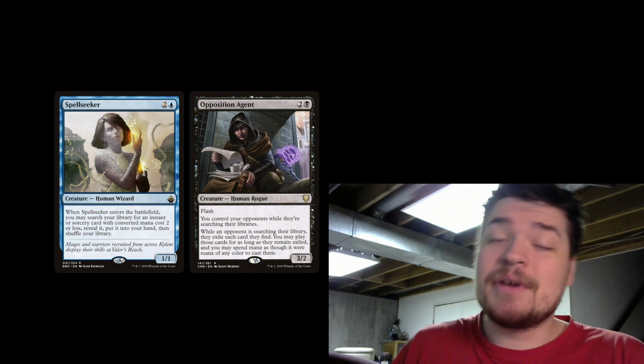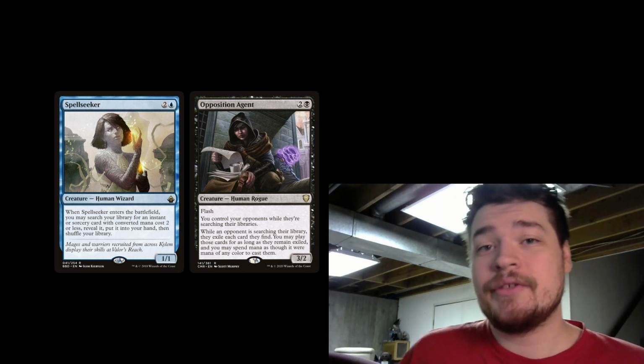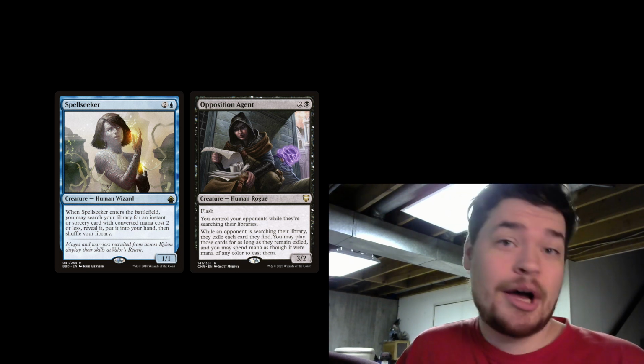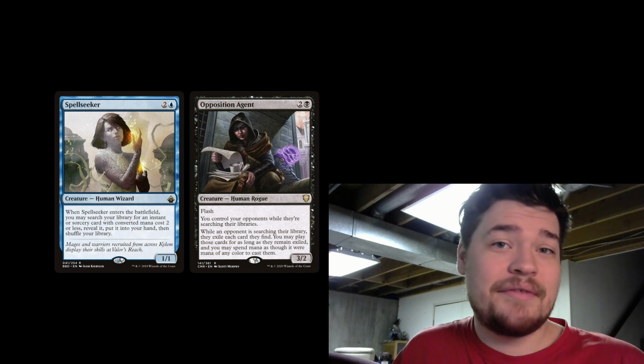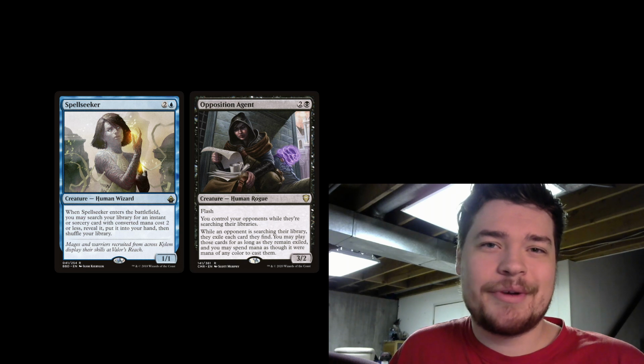Today I want to go over the 5 most common card interactions that players mistake or get wrong in a game of cEDH. First of all, I'd like to do an honorable mention with Spellseeker and its Enters the Battlefield trigger. Spellseeker's Enters the Battlefield trigger is a may ability, meaning that you do not actually have to search your library. So let's say somebody casts something like an Opposition Agent. You don't actually have to search and give them the card. Make sure you DM Callahan from the Mind Sculptors on Twitter about that one.